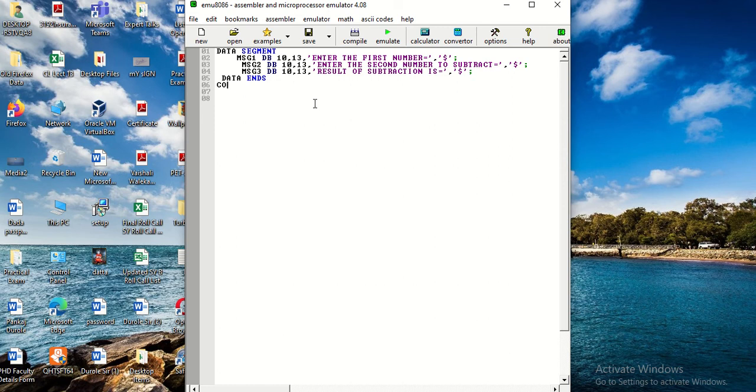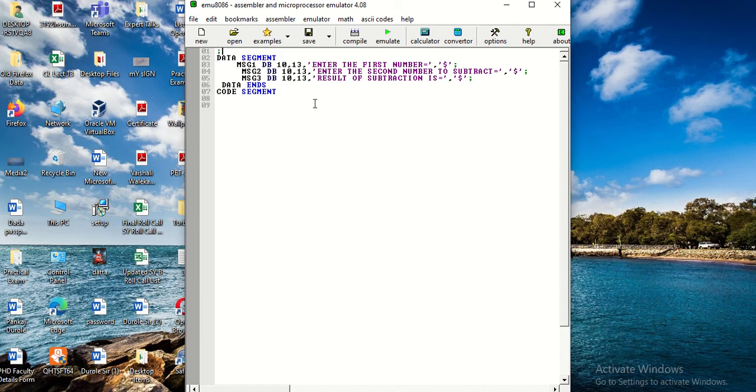Now I will start with a regular code segment where I need to write a logic for my program, and yes, of course, we will write a comment over here: subtracting one number from another, taking the input from the user.